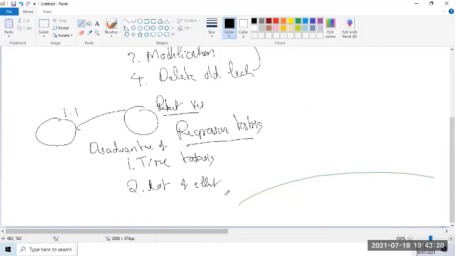Like this, there are so many disadvantages you can list, but there are two things that we should never forget. One is that it is time taking and it takes a lot of effort. When I say a lot of effort, more engineers are required. When we say more engineers, we need more money. Of course, that will shoot up the cost of the project. And we may not release the project on time, so there will be a delay in the release. That will cost too much money, right? There will be a penalty. And you need to keep writing new test cases. So many things will be there.